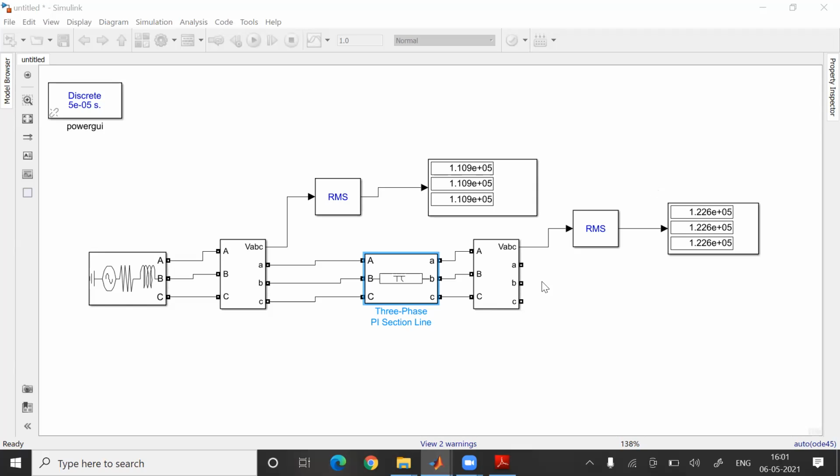Installing parallel capacitors in between the transmission lines. In between transmission lines. Okay, will installing capacitors work? What is shunt compensation? What is a shunt compensation device? What does it do?